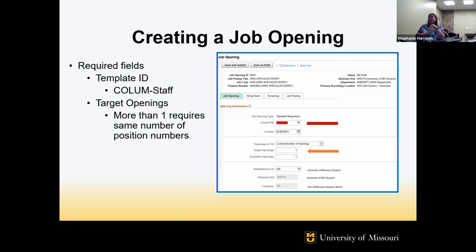Just make sure that on full-time positions, if you put that you have 4 target openings, then you do need to have 4 position numbers listed on there. Part-time positions can be a little bit different, since part-time positions can have more than 1 head count within that position number. But that's something that we can check into if you do have part-time positions.